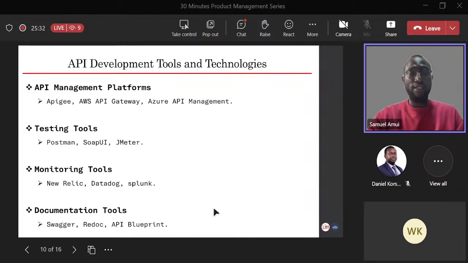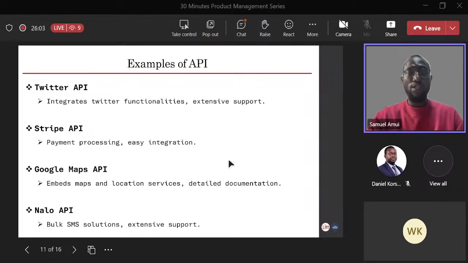And then documentation tools: like I mentioned, you have to have documentation for your API where developers can go through and know that, okay, if I want to access this particular functionality on this API that has been created for me, this is how I have to go about it. Some of the tools that can help you document easily, so that developers will find it easy integrating into your API, are Swagger, Redoc, and API Blueprint.